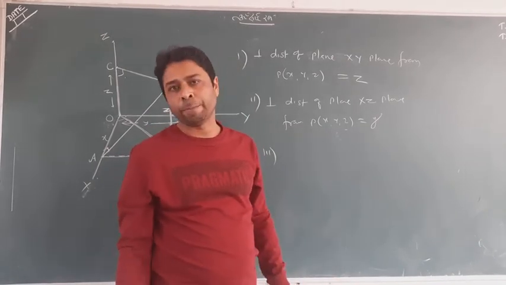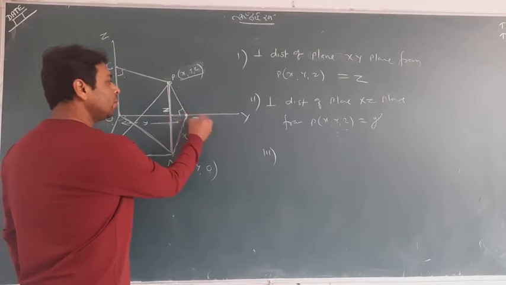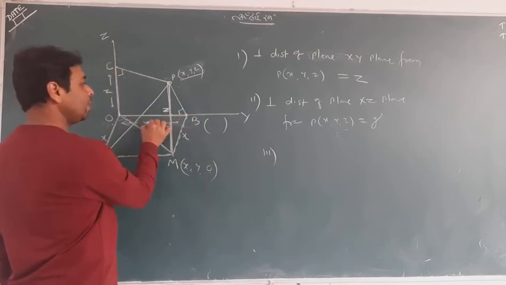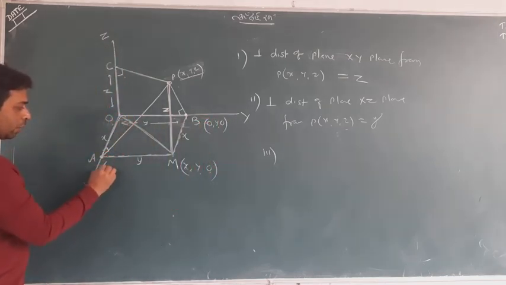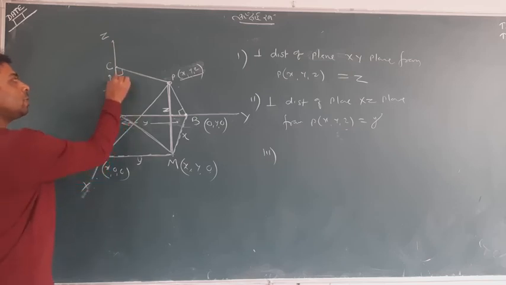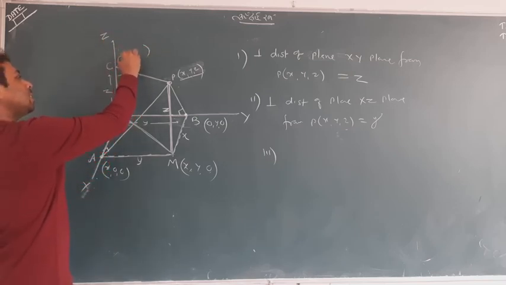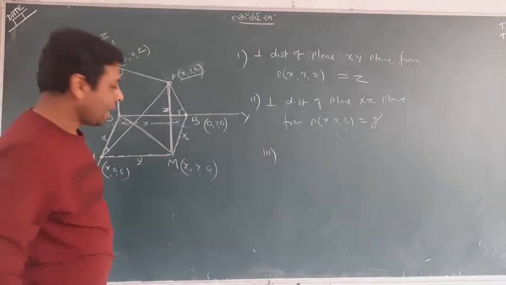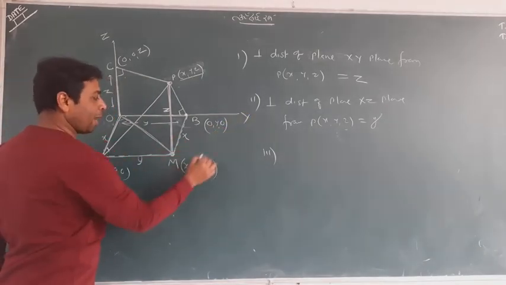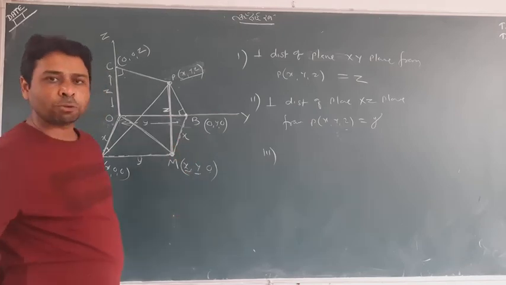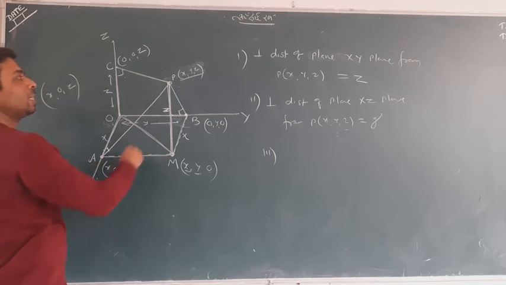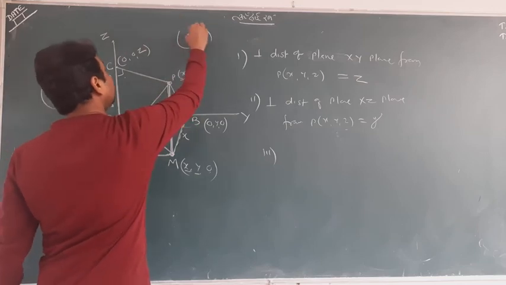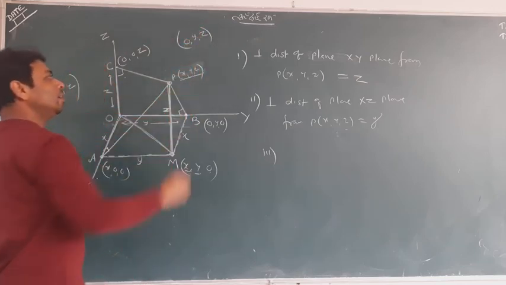Many things we have seen. Any point that lies on the y-axis, this distance is y, so a point on the y-axis is going to be (0, y, 0). This distance is x, what do you think about a point (x, 0, 0)? This distance is z. A point lying on the z-axis is going to be (0, 0, z). The point M lies on the xy plane, where x and y are the axes and z equals 0. If a point lies on the xz plane, it's going to be x-axis, y is 0, z-axis. And any point on the yz plane has y-axis, z-axis, and x is 0.